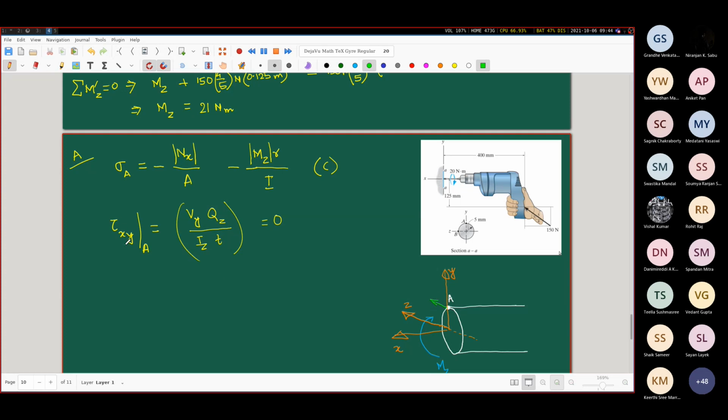Now here we are talking about tau xy. Does that shear contribute anything in the y direction? It does not. Okay, so this zero that we have written, that is actually true. All right. Next, what do we do? We consider the tau xz at the point A. Now at the point in the z direction, we have only the contribution due to the